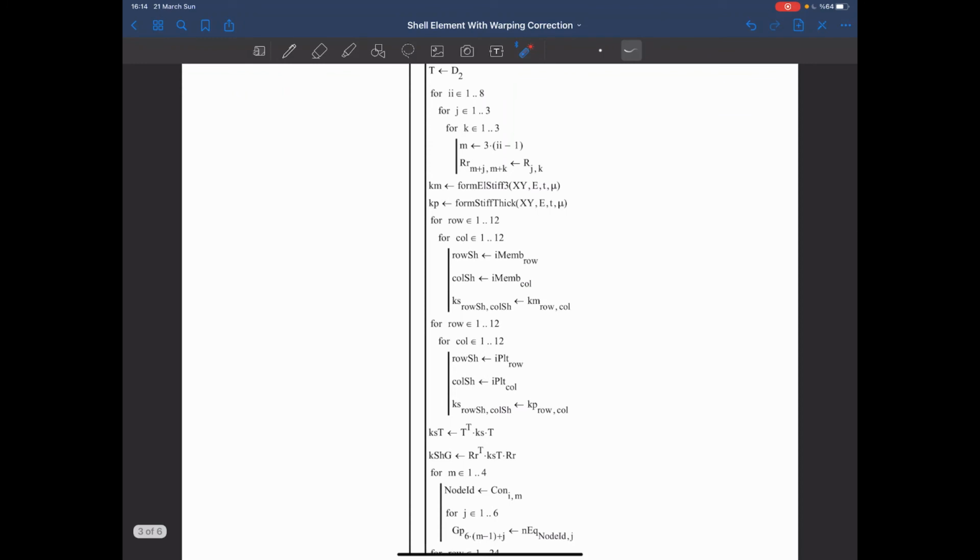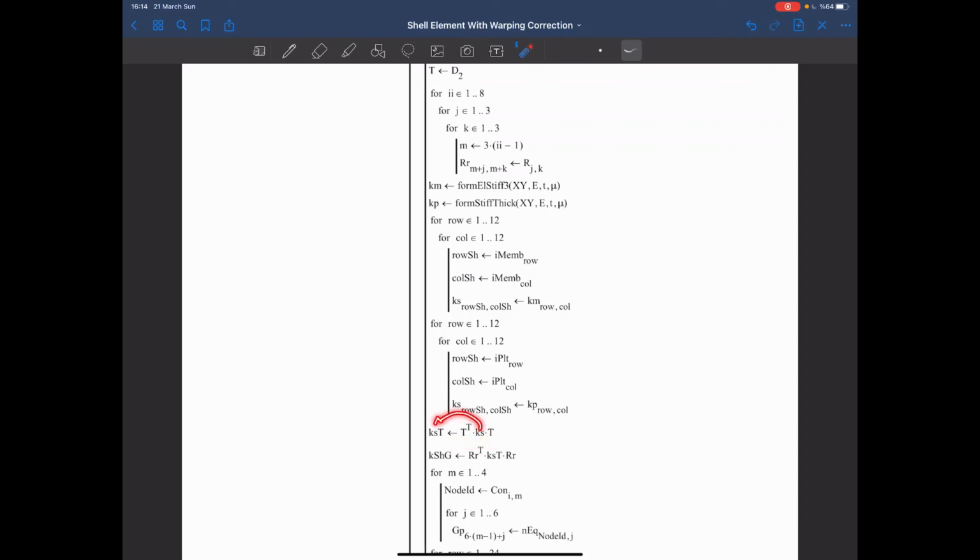I'm creating two new matrices. This is not a new matrix but the shell matrix. I'm just putting this into the new 24 by 24 matrix by shuffling the locations of the coefficients according to IMEMB, and I do the same thing for the plate element. Now I have the 24 by 24 shell matrix, but this is for the projected plane and in the element's local coordinate system. So the first thing that I do is